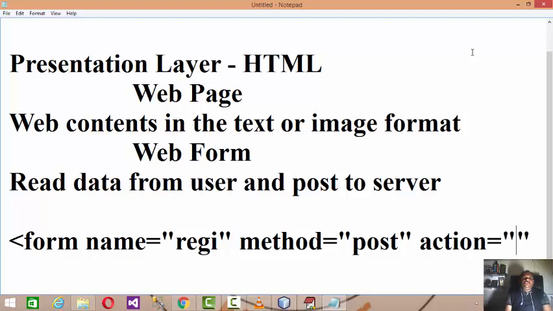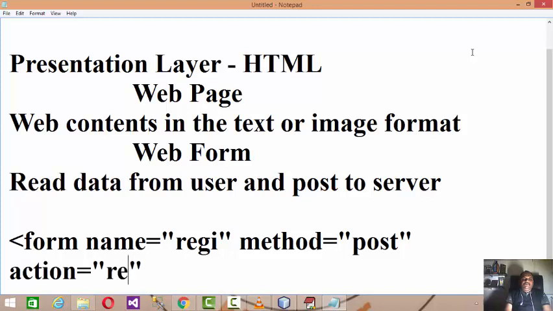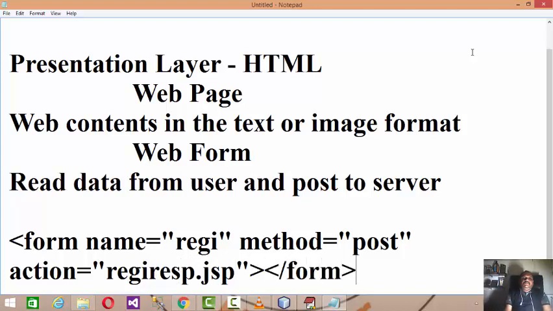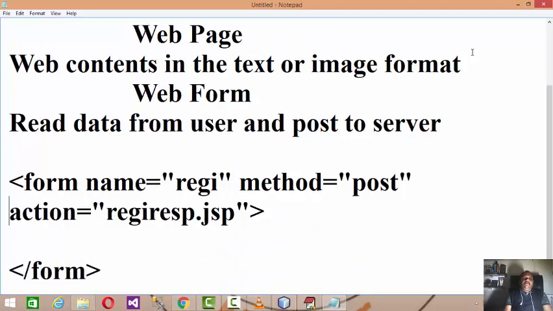Action means you have to specify the name of the page where we are posting this data. It's a server side JSP page, like let's say regi response.jsp. So this is about the form tag and its attributes, right?